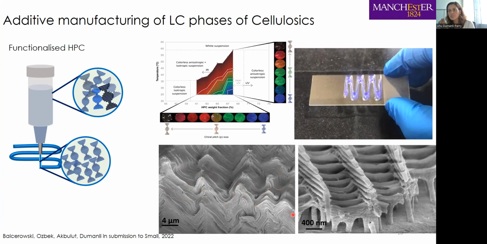formation of the liquid crystalline phase, because these are highly concentrated phases. As you can see, we are working in the range of 65% solids in these gels, the liquid crystalline phase. And because of the small nozzle sizes we are using in 3D printing, there is quite a high shear buildup in these high solid contents. So what is happening is the polymers are stretching, but then relaxing once they are printed out from these small nozzles. And this kind of